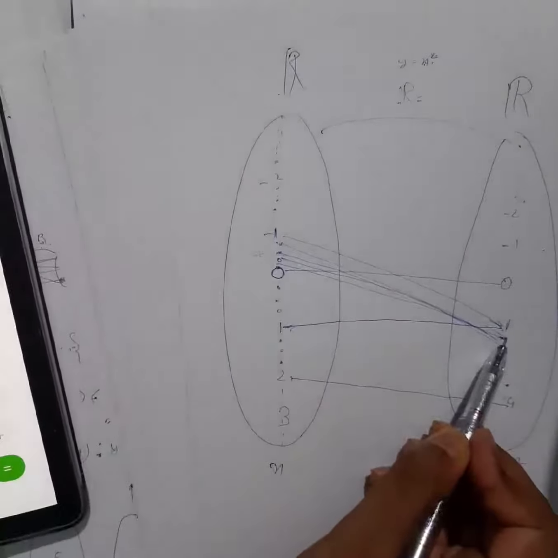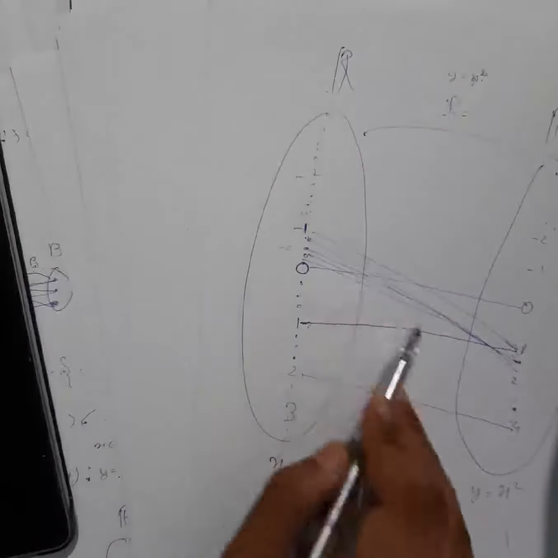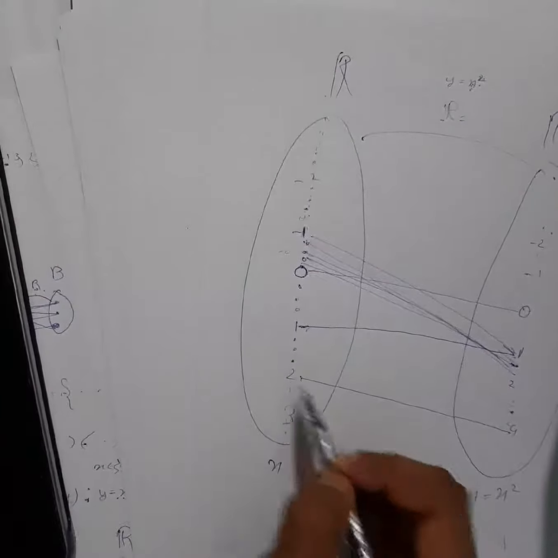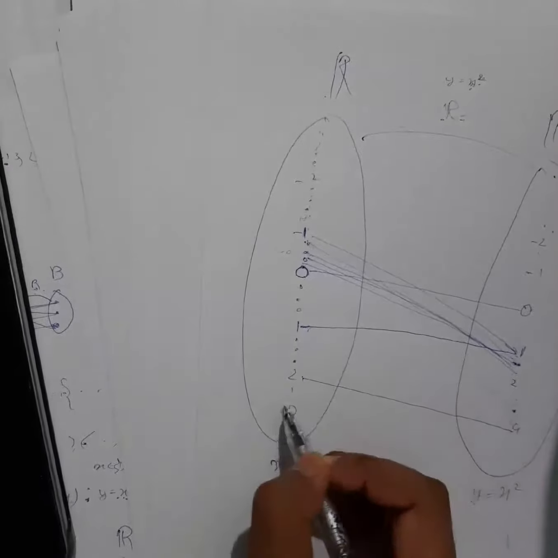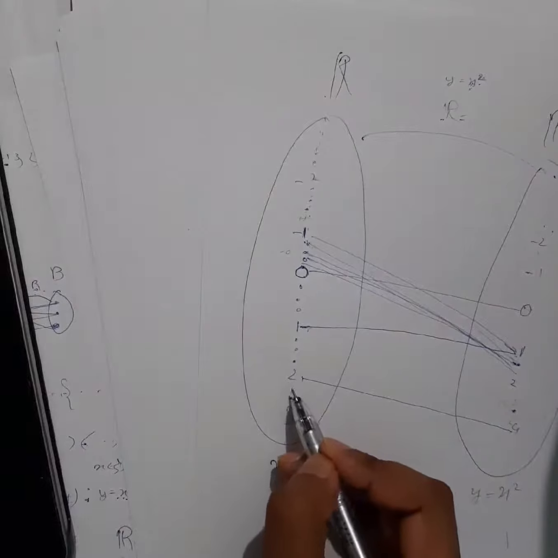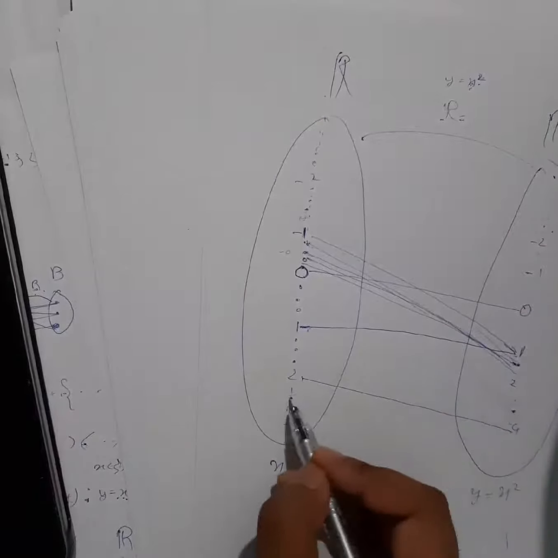Here you will get all the values, a negative value you will never get, but you can check by putting it in the calculator. You put any value between this, try to put it, and you will get a different image. So for all elements you will get a different image, meaning every element will have exactly one image. You try to put 2, you will get 4, 3, 9. You try to put between 2 to 3, like 2.9, 2.5, 2.4, and try to see the image.